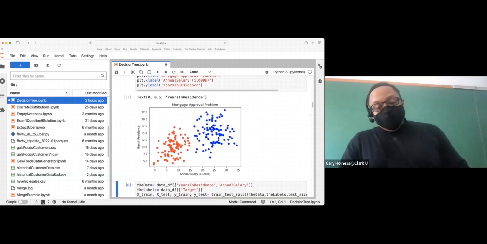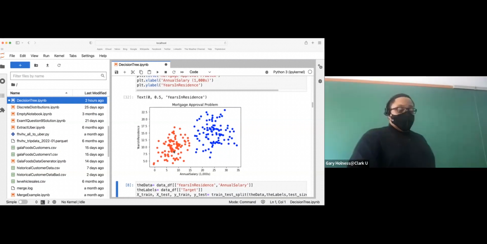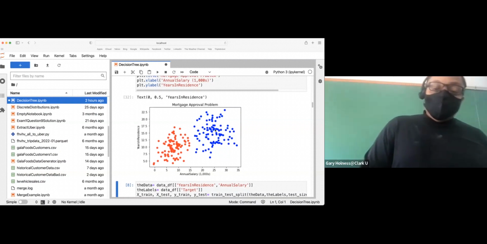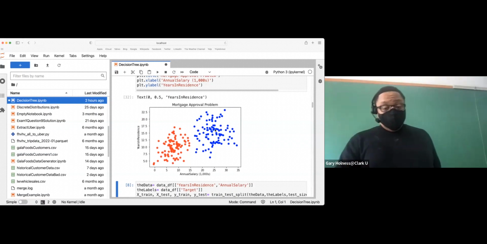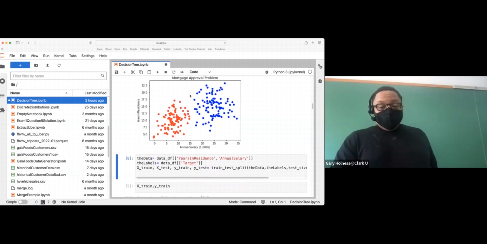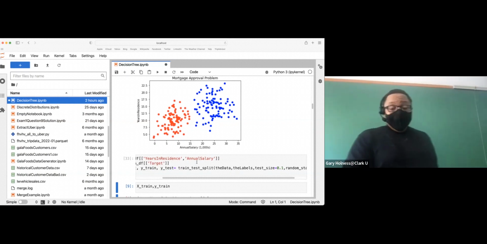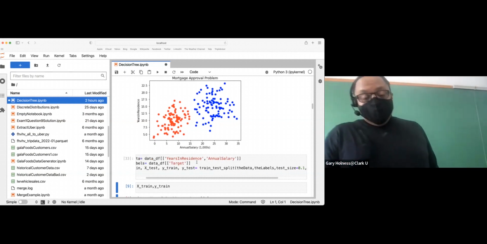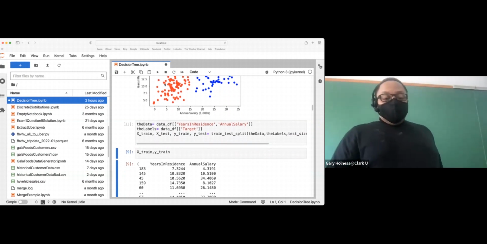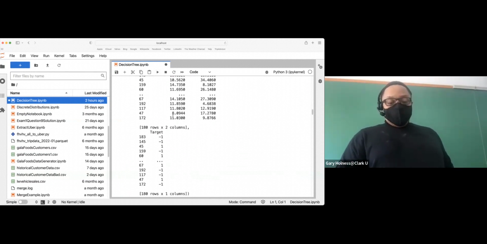The red points in the point cloud are the denials, and the blue points are the approvals. So I take that binary decision problem and do a train test split, setting aside 10% of our data, randomized, as the test set. And then with the remaining 90%, I train a decision tree.